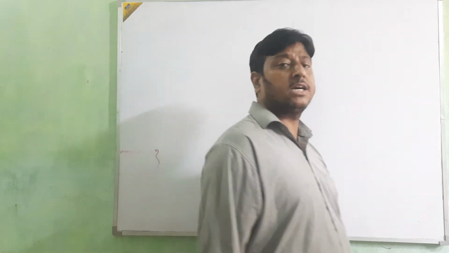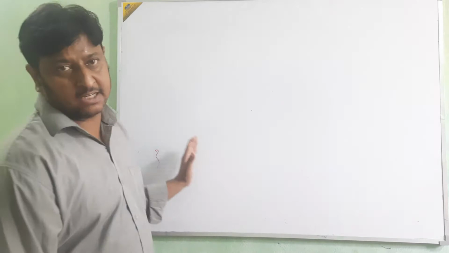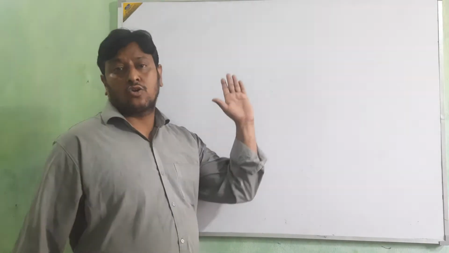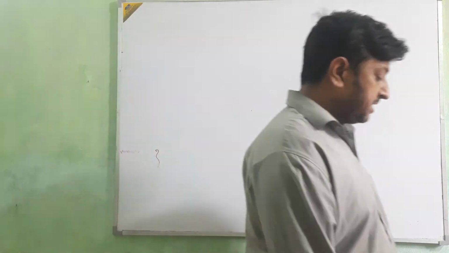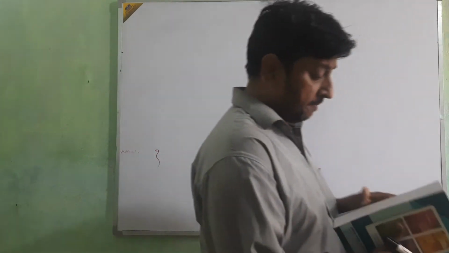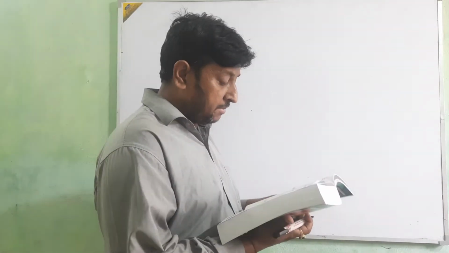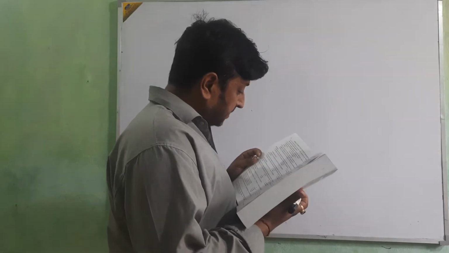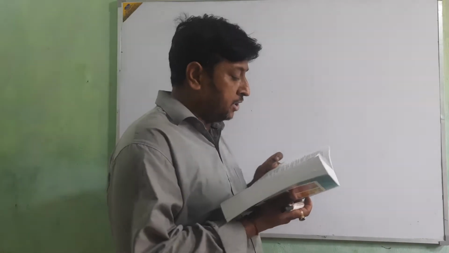Then consumable goods. If you are talking about consumable goods, then opening will add and closing will minus. And in the case of credit stationery, credit closing will add and credit opening will minus. On the basis of that we are going to start some questions. Today we are going to solve some questions for chapter number 1, small short questions, subscription, question number 10, page number 1.72. I am going to start with this.